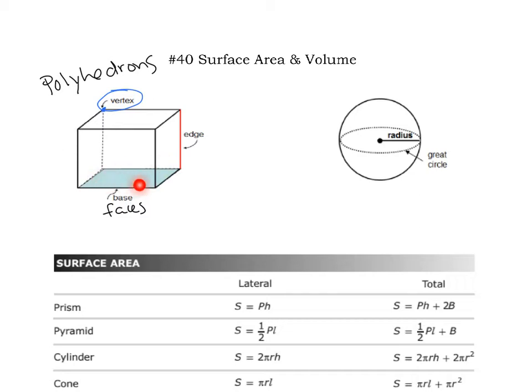Having a base. Now, this is probably what's going to be the more complicated part of figuring out is, well, what is the base of certain three-dimensional shapes that we're going to be talking about? And one way to note which one's the base is if there is only one shape,